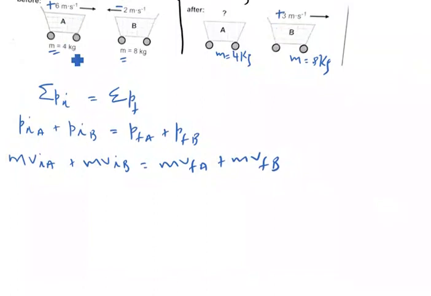So A is 4 kgs, so we have 4 times 6, that is A. The mass for A is 4, the velocity is 6, plus the mass of B is 8, times the velocity is minus 2, which is equal to 4 times, we don't know the velocity, that is final velocity of A, plus 8 times 3. Okay,